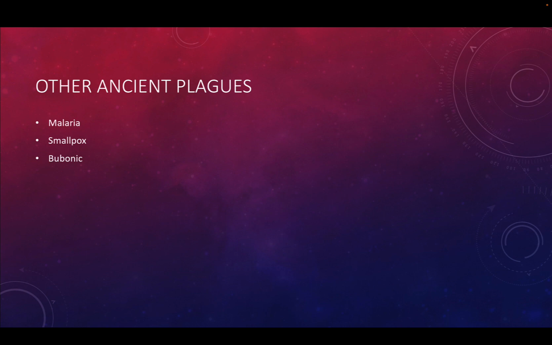And then bubonic plague, the Black Death, which is caused by a bacterium called Yersinia pestis. We don't tend to see plagues of it in the US, but we do have plague in the US. We have the bacterium that causes plague in the US. And we have it even in California. Every couple of years, there will be somebody who gets plague, that's what they call the infection, the Black Death, from camping up near Yosemite.